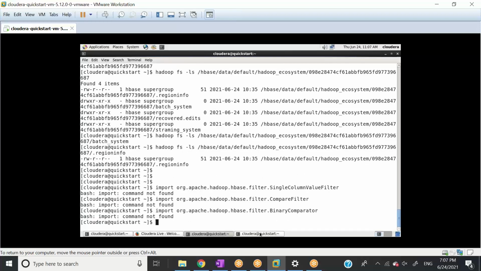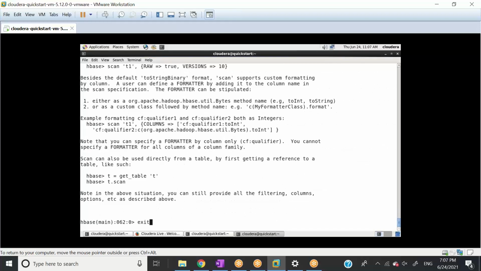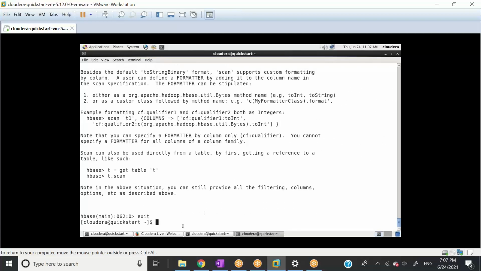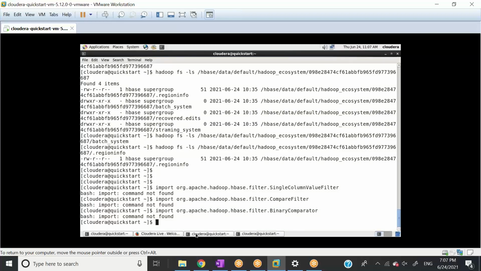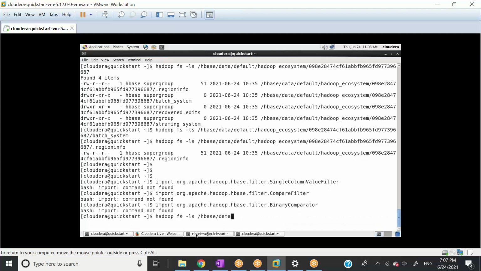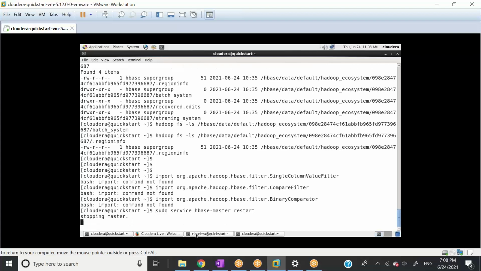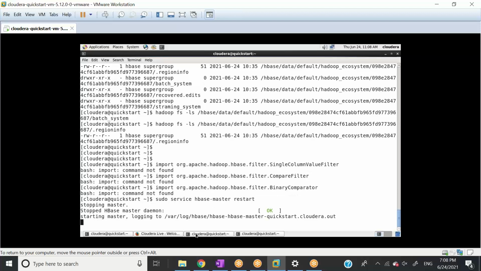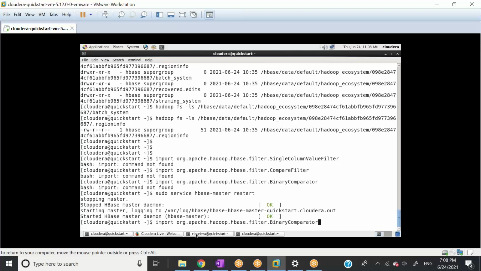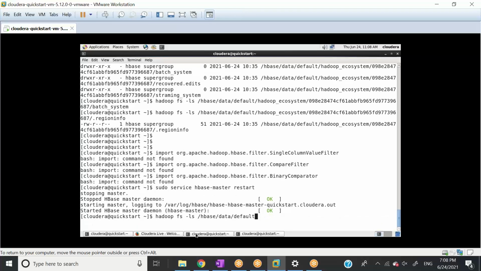Anyways, let me do one thing. I'll exit from here. The connection is refused, so it means maybe I need to restart the HBase master. And this is something you can face, so this is how you need to remove it.